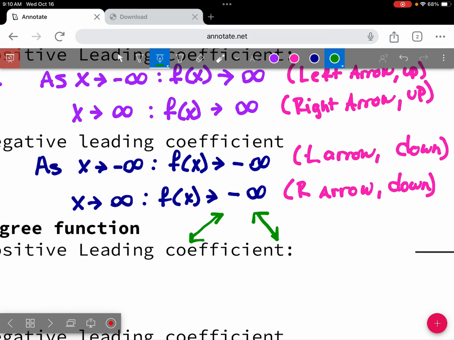Lines we're pretty comfortable with. And if we think about this in terms of things like slope, if I have a positive slope, it goes up like this. And if I have a negative slope, it goes down like that. So positive sloped functions have that same end behavior as odd degree functions with a positive leading coefficient. So the way we write that,